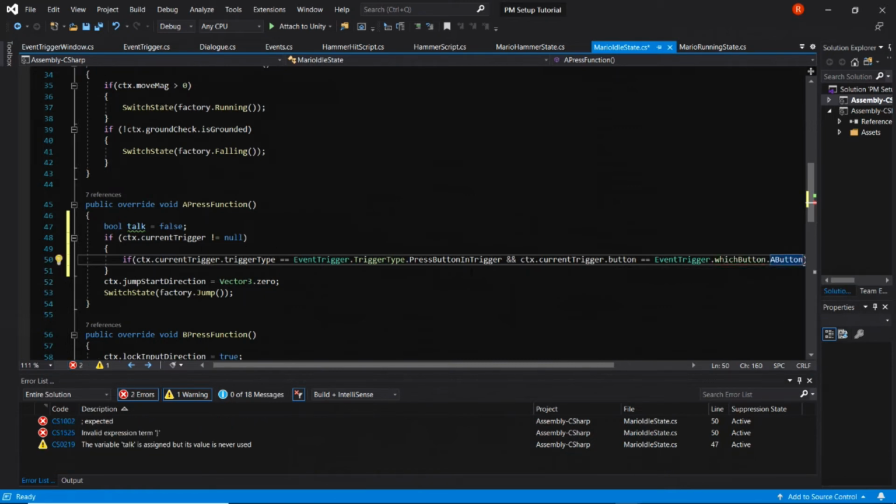So if it's the press button in trigger type of trigger and it's set to the A button and we've just called this function,